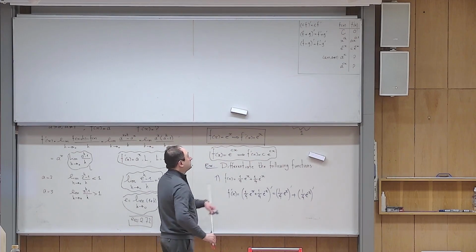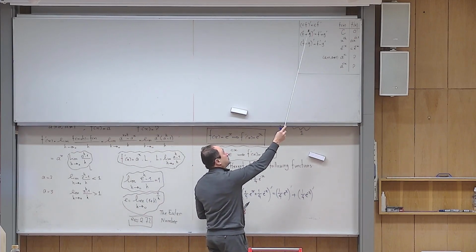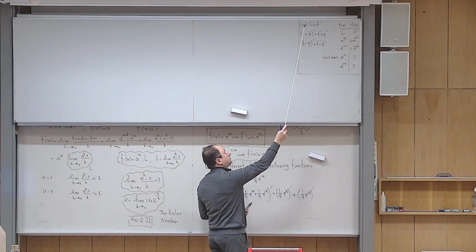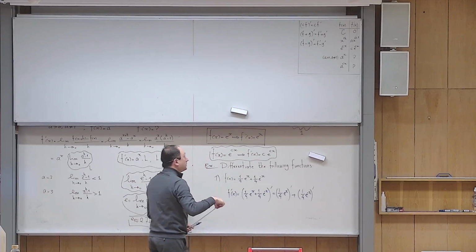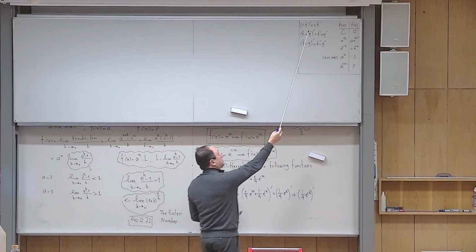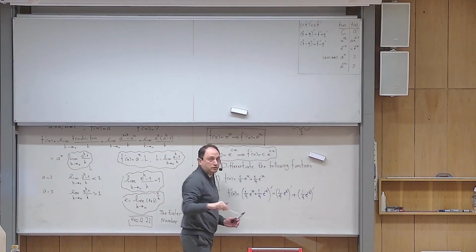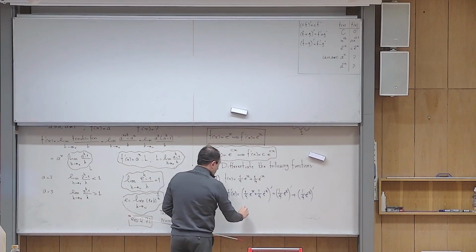But again, now the first rule is applicable because I have a constant multiplied by a function and I want to differentiate the whole product. This tells me do not touch the number, just take the derivative of your function. So what you need to do,